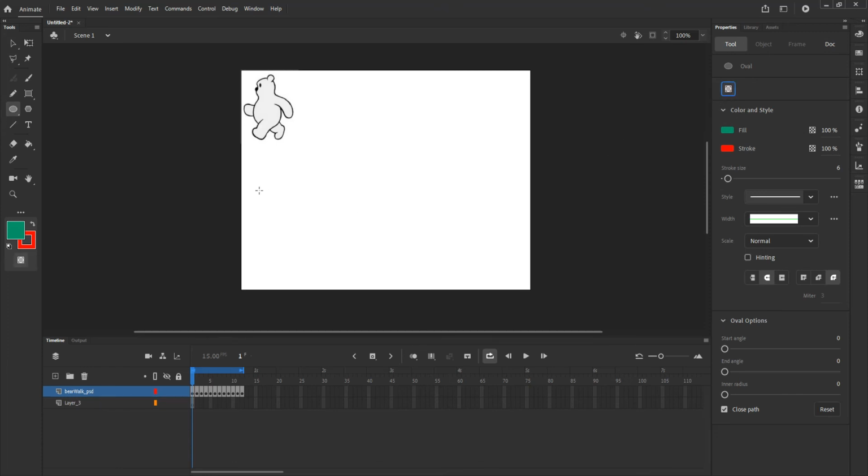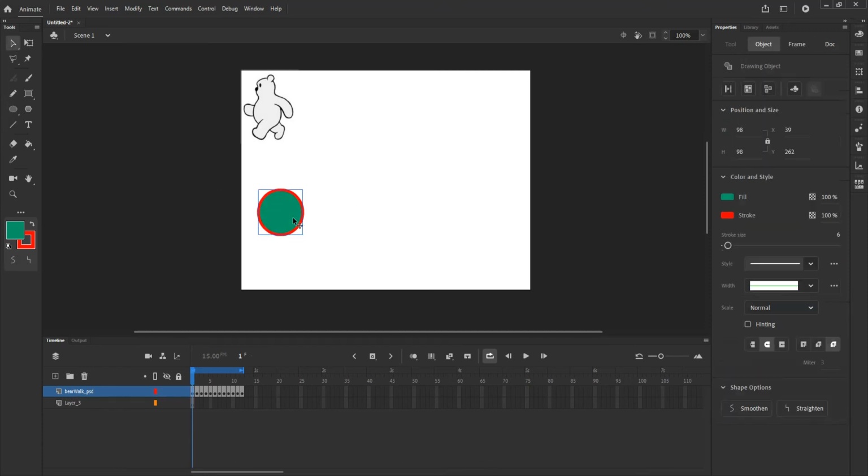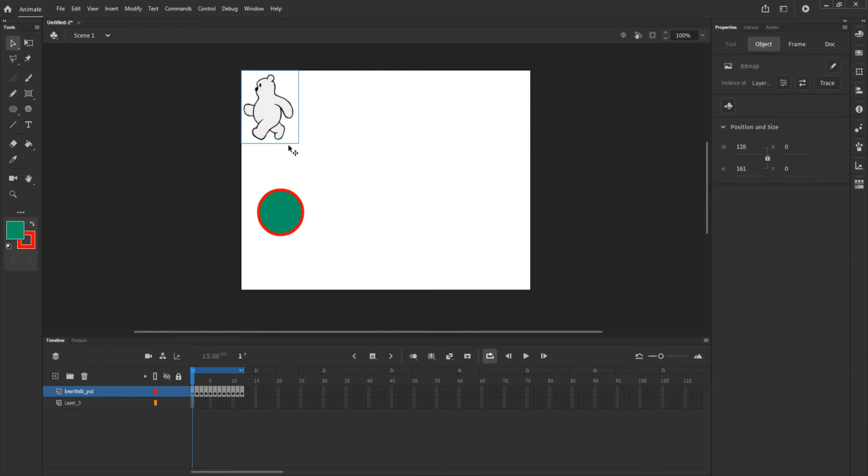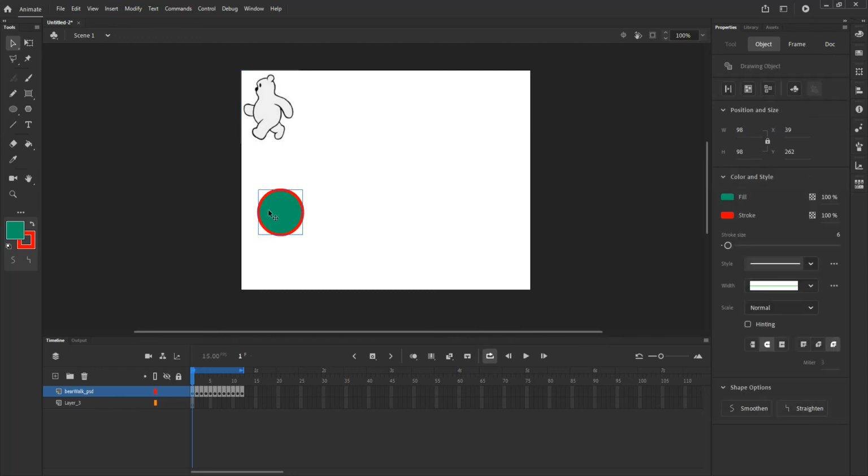Now that it's activated, I click and drag, and you'll notice that now I have that little blue outline. If I select my bear, I also have an outline. So those are objects that I have created as objects. When you import something from Illustrator, it will come in as an object as well, which means that you would have to either break it apart, which is to separate the fill from the outline if you want to make it a shape inside